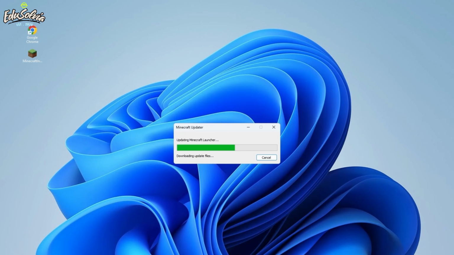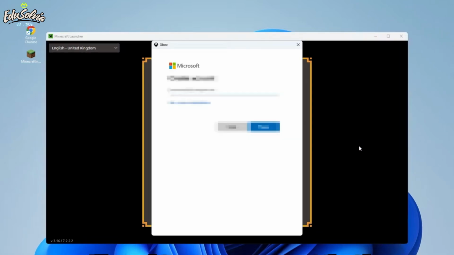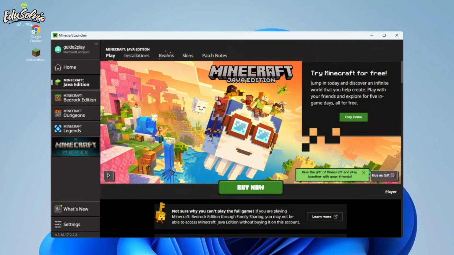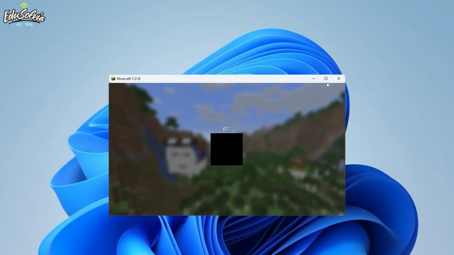When the installer completes, you'll see this login page. Here is where you have to sign in using your Microsoft account. To use the free trial, you must sign in with an account that hasn't used the Minecraft trial before, which is why you'll need to create a new Microsoft account. After you successfully log in, you can press the Play Demo button to launch the game and start playing the